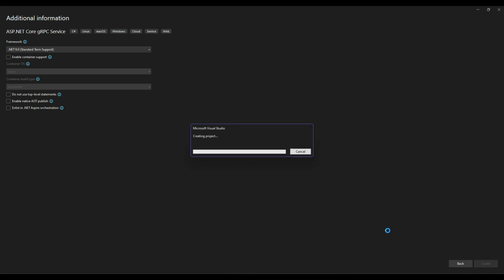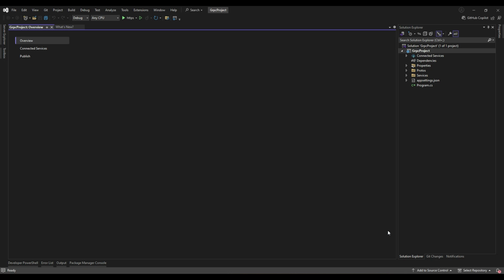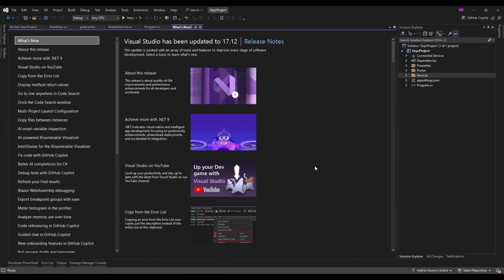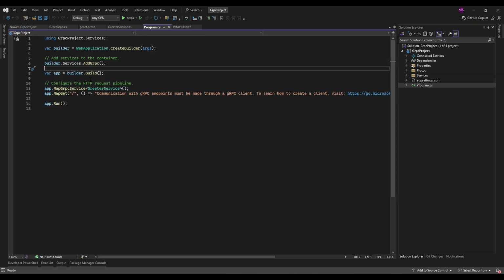Okay, your gRPC project is born. Visual Studio will handle all the boring setup for you. Sometimes after creating a gRPC project, you might encounter one or two errors in your Program.cs file. Let me open this file and show you. Unfortunately, this time we didn't come across these types of problems, but occasionally these two lines, this line and this line, can raise errors because the required package hasn't been installed.